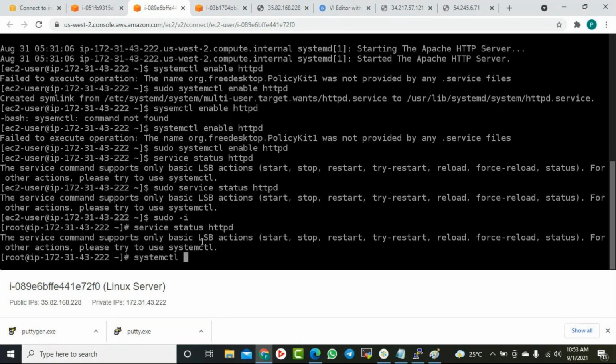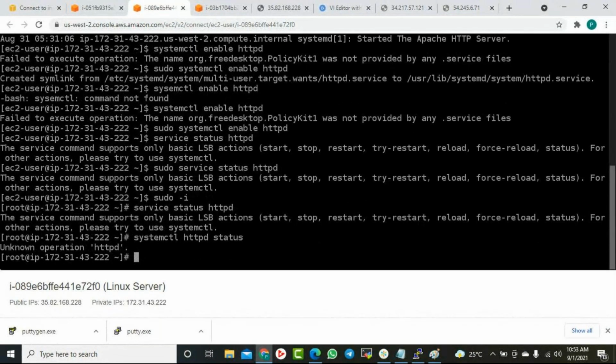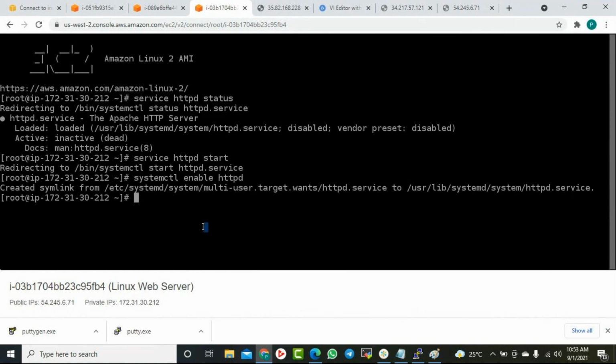With service we can do only these actions: start, stop, restart. Status is also fine. Service status httpd, the service can't support only basic LSB function. It should work ideally. Anyhow, I can use systemctl httpd status. Prashant, I think service httpd status. Both things are fine. Let me just wait.